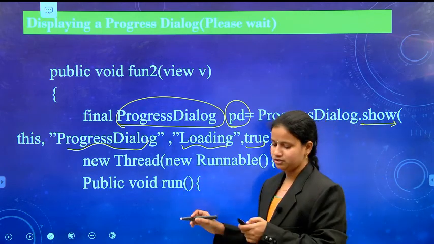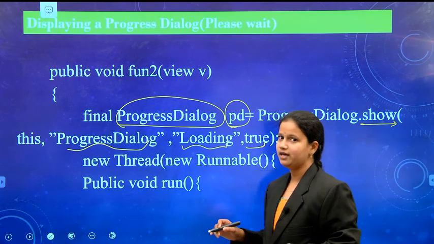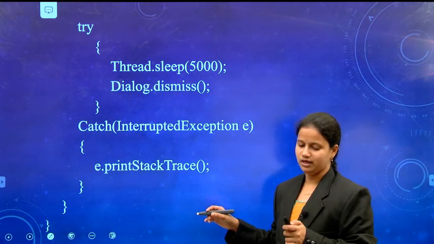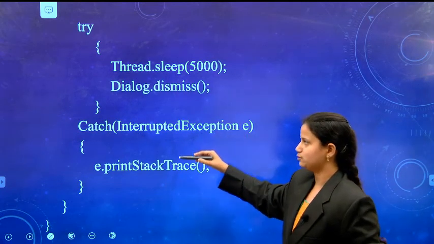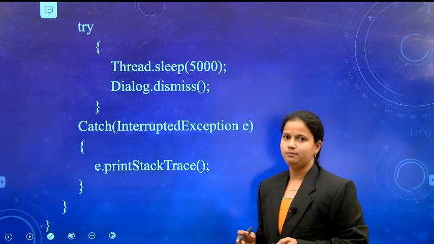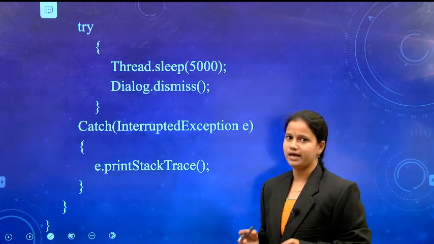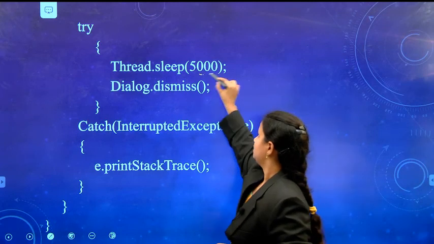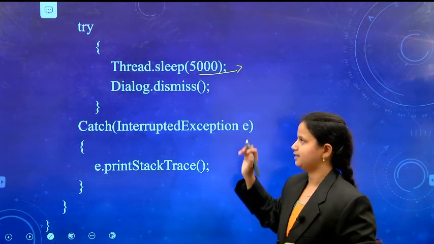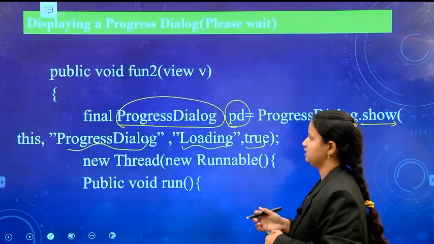be invoked. That means if the process has not been completed, it will wait for some particular time, or if you are having any interruptions, that means try and catch blocks are to be implemented, and the thread is to be invoked. The main purpose of the thread is to wait for some time. So in the try we have to mention the sleeping of the thread, 500.